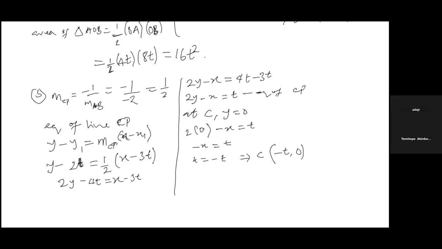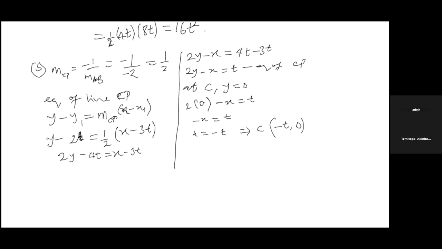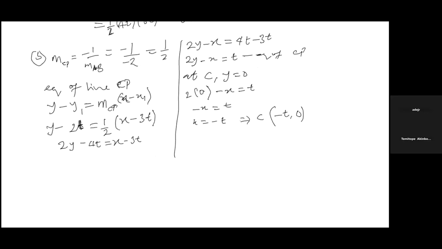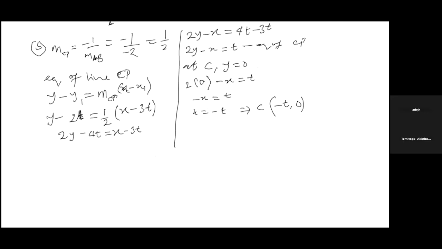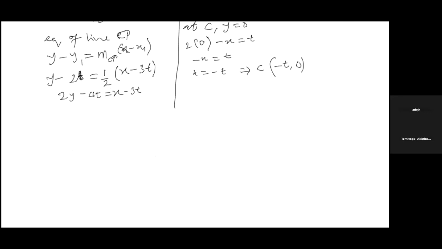Now that we already know the coordinate of C and the coordinate of P has been given from the question. So midpoint of PC,